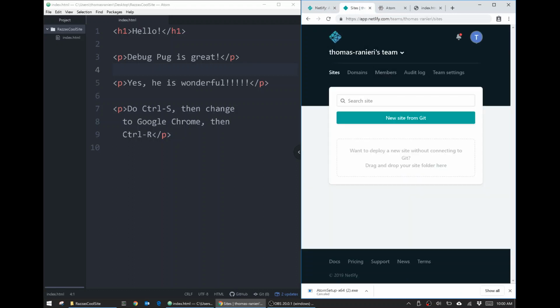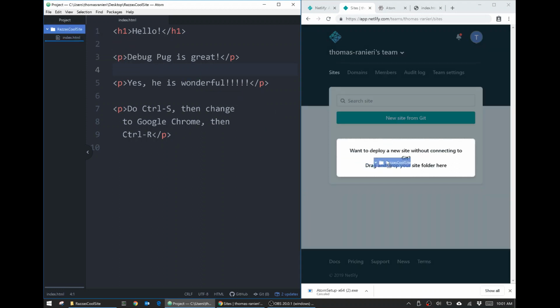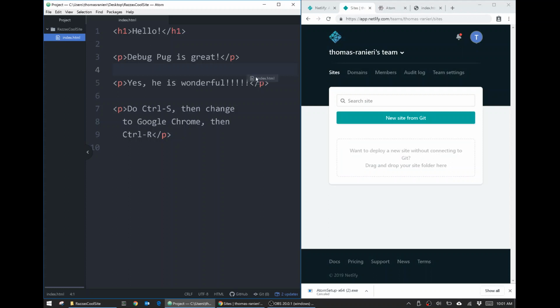And it says, want to deploy a new site without connecting to Git? Well, we have no idea what Git is. So let's do the other thing. Drag and drop your site folder here. Well, I've got a site folder called Cool Razor Site. I can actually drag it straight from there over to here. Notice I'm not dragging the file, I'm not dragging index.html. I'm dragging Razor's Cool Site. Drag it over, let go,